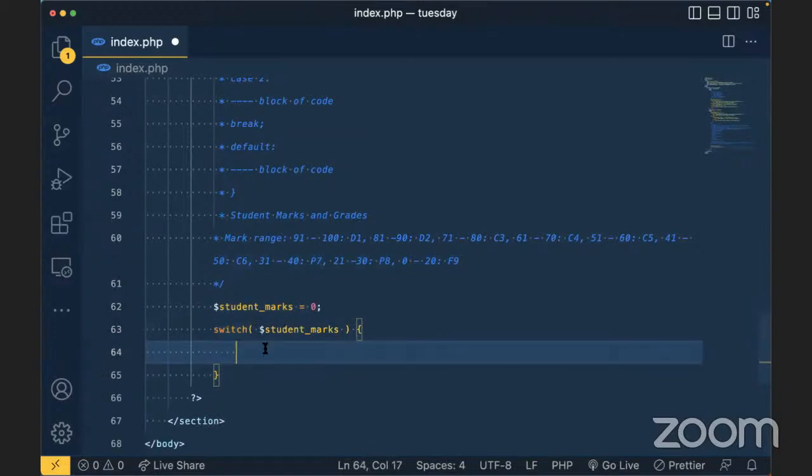Then we open the brackets and say case. So you see these ranges you've spoken about, the 91 to 100 are the ones we shall put at the case. How will this case be like? We know that this case is whatever must be equal or greater than 91 and equal or less than 100. So that means that we shall come here and say equal